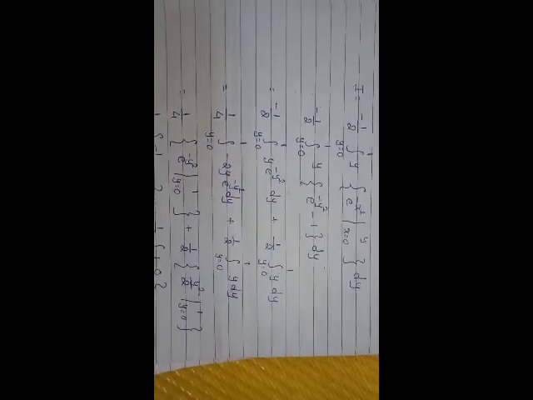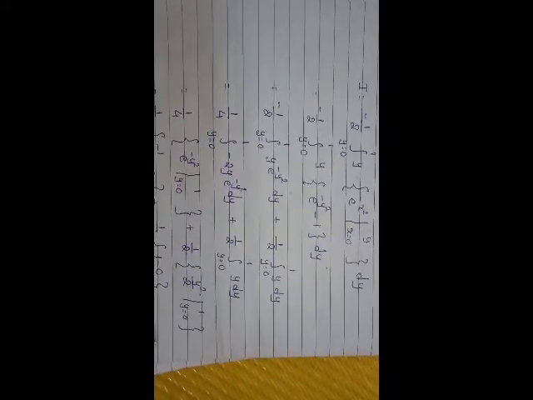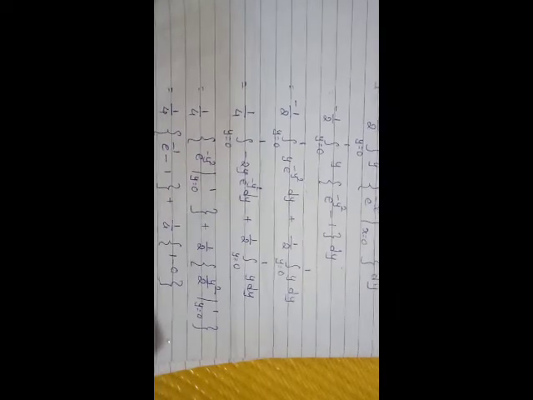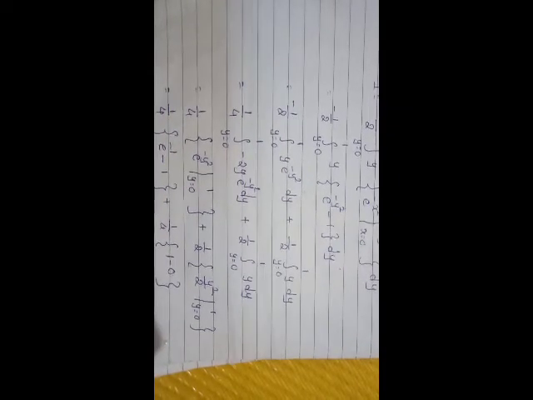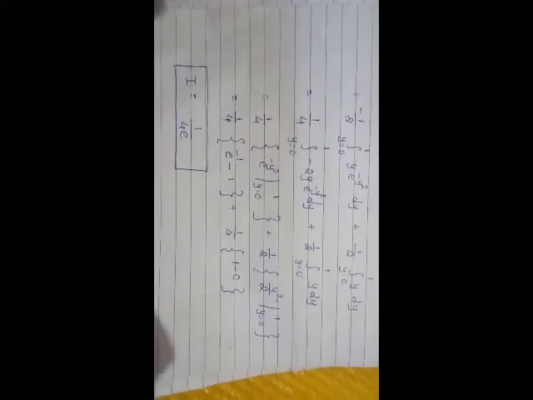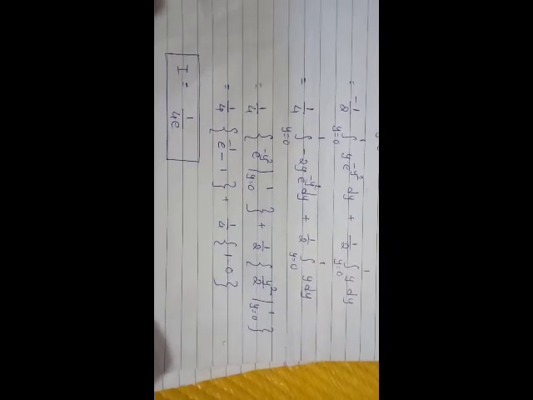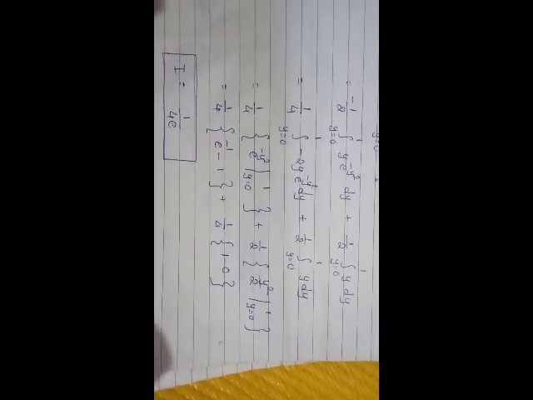For that, adjustment is required. E raised to minus y square, its derivative is minus 2y, so minus 2 is adjusted. Then it is integrated using the above formula. So we have 1 upon 4 e raised to minus y square, limits from y equal to 0 to 1, plus half integration of y, which is y square divided by 2. Then the upper and lower limits are substituted, and the final answer is obtained. It is 1 upon 4e. Understand it?